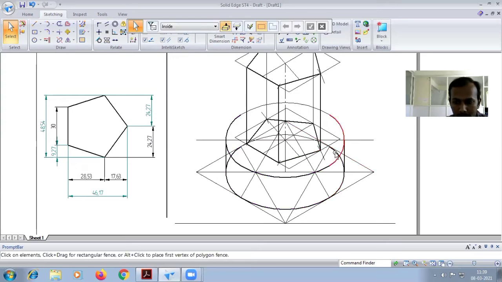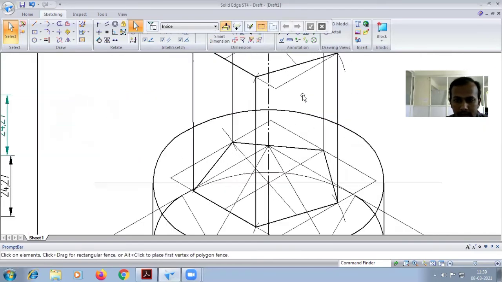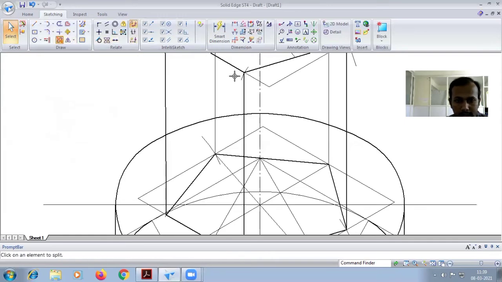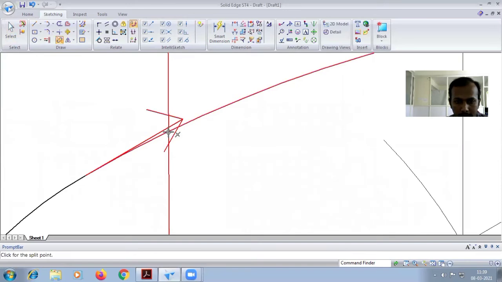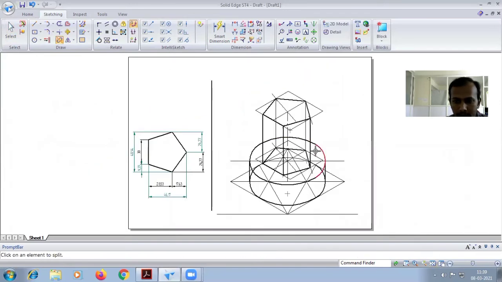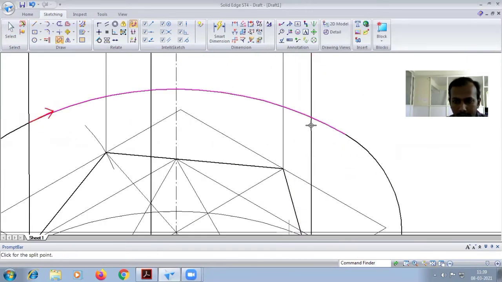Only this part is not visible, so I have to split these two lines. Here this curve is also partly visible. Choose the split command, select the line, choose the intersection point. As it is the same, select the line, choose the intersection point.